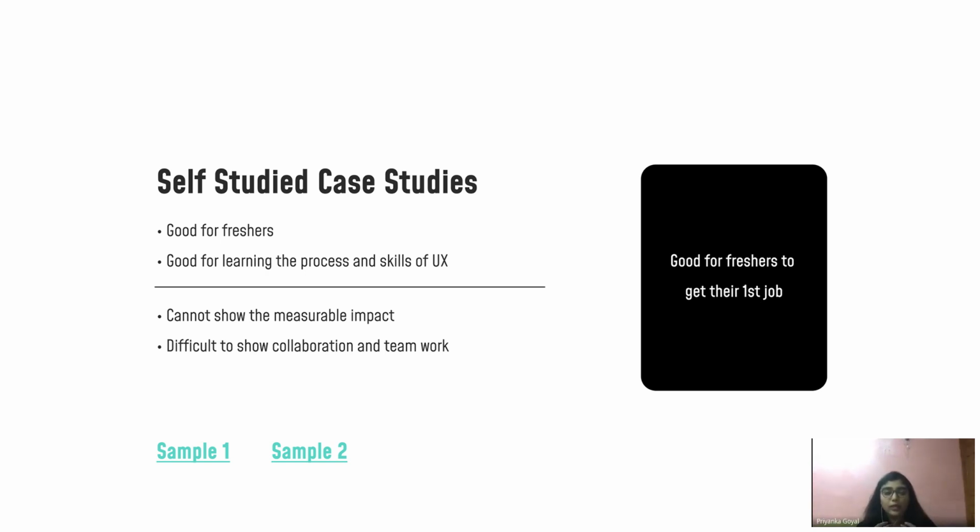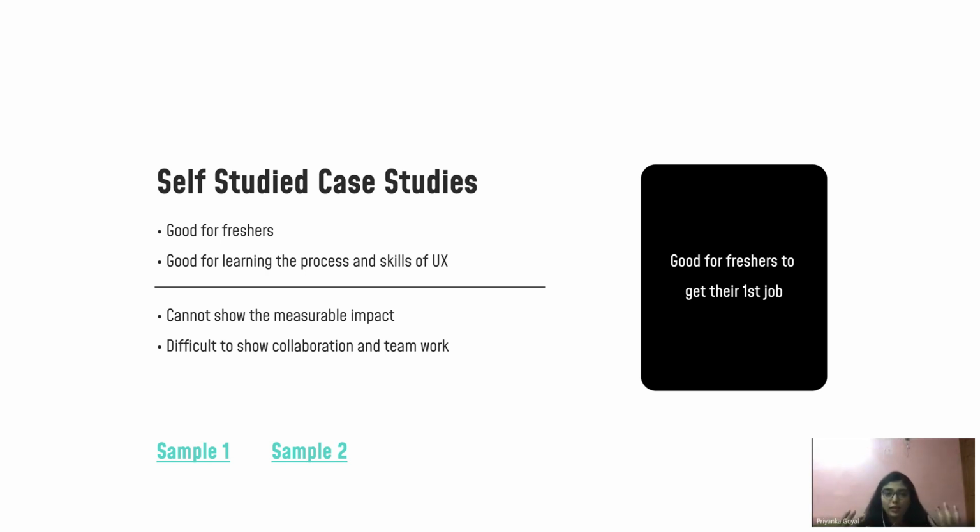But it is very important for them to understand that while making their case study, they should learn at each step. They should spend time learning about personas, they should spend time learning about the research methods, and then implement those techniques, rather than just choosing the processes or the method and then implementing them in the case study. So sometimes when you are not spending much time learning those as a fresher and write them into your case studies, it actually looks like that.